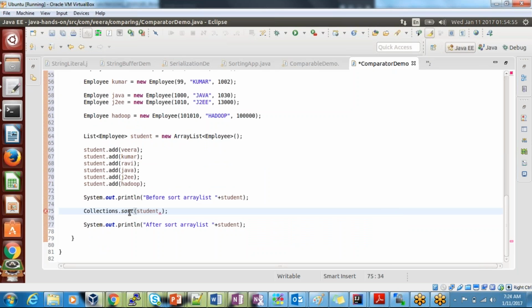You are giving me a student, on what base do I need to sort? Your student class is nothing but your employee. Your employee list does not come by default with a comparator or comparable. It does not come with that, so you have to specify explicitly what base you want me to compare on. What you can do here,